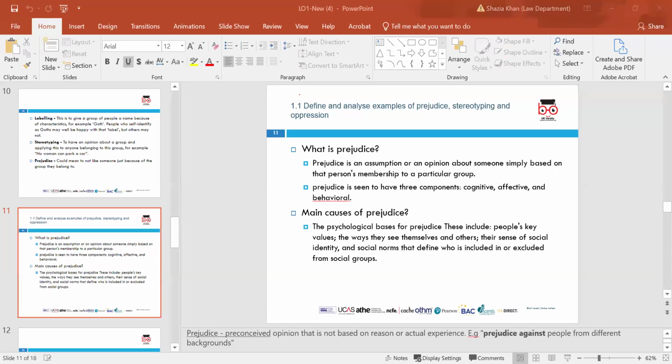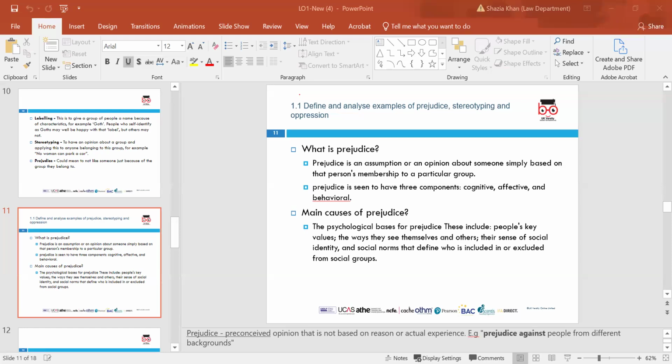Another example is if you hold an opinion that women do not like to travel in their jobs, and for this reason you do not select a woman for a job requiring travelling. You have committed a discriminatory act based on your prejudice, and this is unlawful. So you need to make sure you don't treat anyone unfairly based on their membership of a group. A woman, like we mentioned, should not be rejected for this.